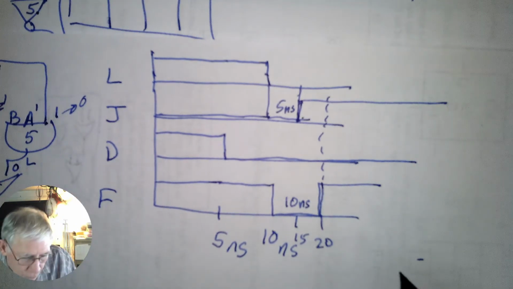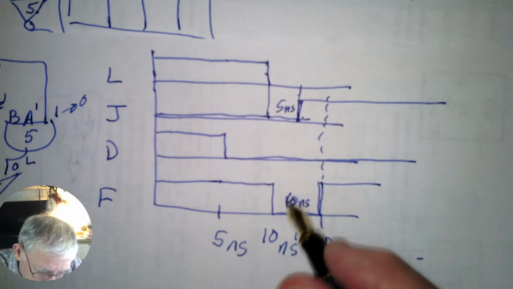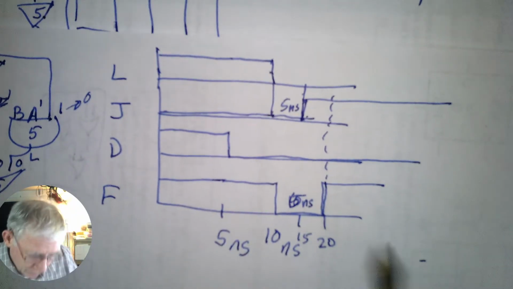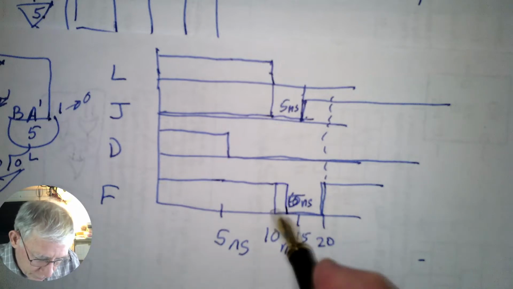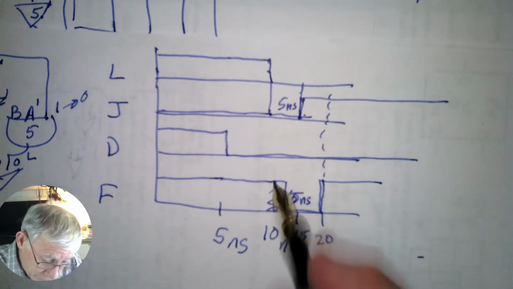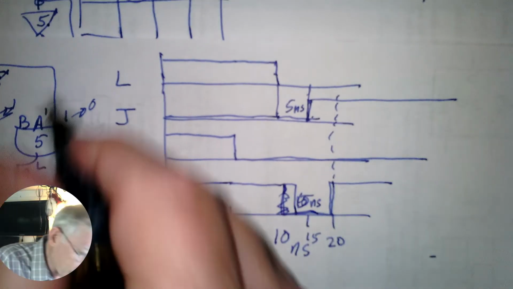All right, and then when the 1 hits, actually I think this is 5 nanoseconds here. I think they're both 5. But in any event, that's what happens. There's actually another little delay here. Okay, no, actually it should be 10. Yeah, I think there is a bit of a gap. All right, well anyway, the point is this is a hazard, okay?